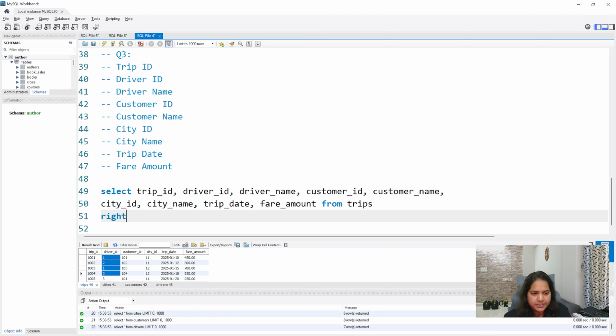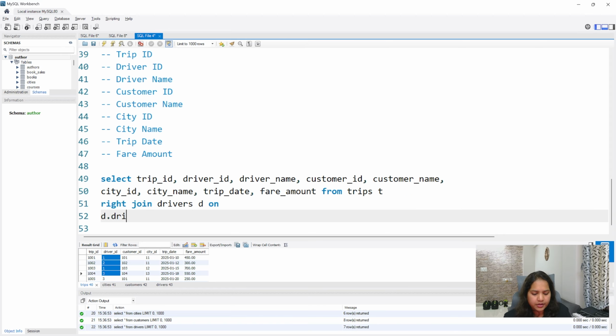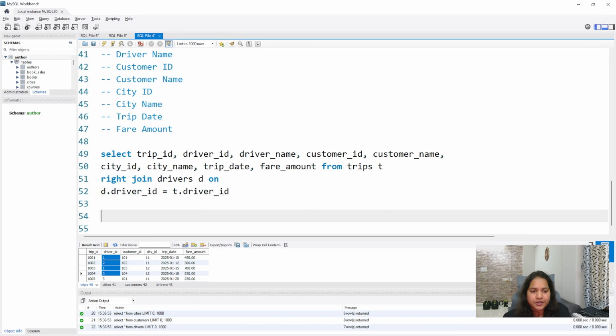And to this table I am doing a right join with the drivers table. Now you can write any table first and any table second. Let's write the drivers table first, and I'll give an alias as D. For this table I'll give an alias as T. On what condition? D.driver_ID is equal to T.driver_ID. This is one table joined.